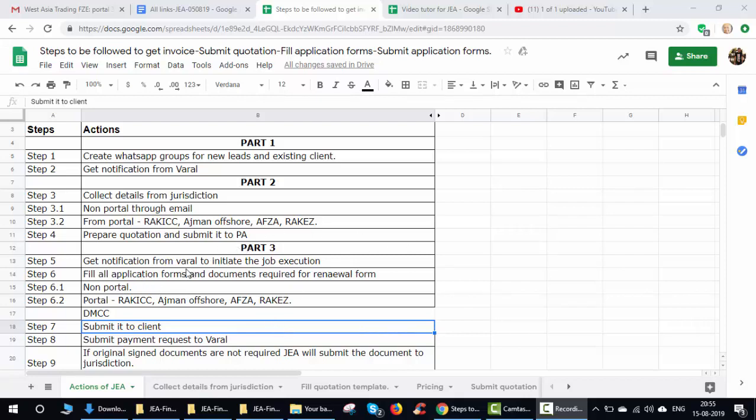Now here we know in detail how to prepare all the application forms. As I told you, for these you have to fill the application form manually, and for all these portals you have to just update the documents required. So there are no such application forms over here because all the details are already available in the portal. Now for DMCC I will be preparing a separate module where we'll discuss how to submit the documents